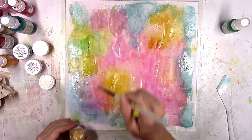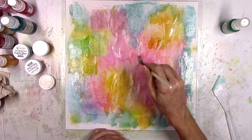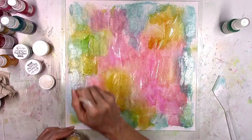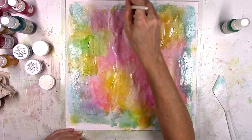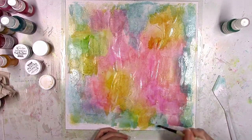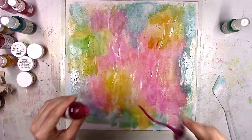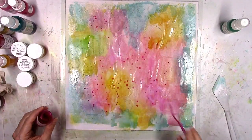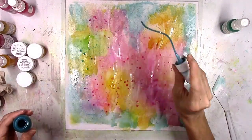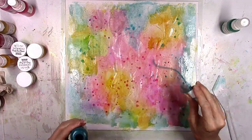And I'm just adding the 2 gold colors here just to add some extra sparkle and shine. It's not so intense where this gold here is going to pop off the page, but it's going to add like a gold tint to whatever color I put it on top of. So I could just keep doing this forever. This is so fun to me. I could splatter and spray and smudge and blend until I rip holes in the paper, but we're not going to do that. I'm going to have to kind of pull back here for a second and let it be